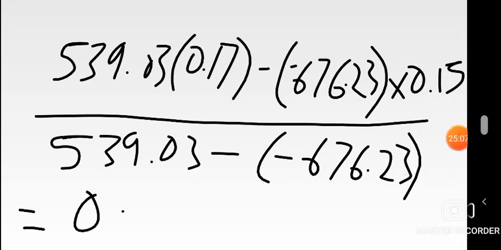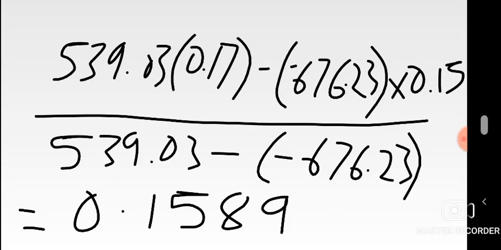I'm getting this answer when I punch everything in: 0.15889. Okay, I'll just end there. I've rounded off to just 4 decimal places, which is okay. That's the maximum you can put. We're looking for a percentage, since a rate is usually a percentage. Then you can just say this means